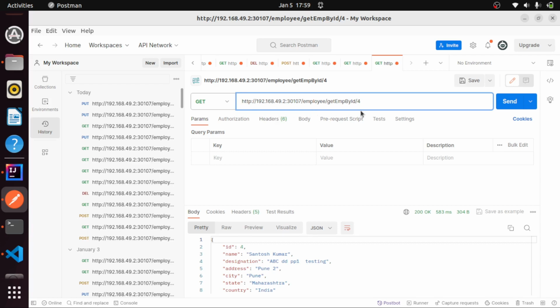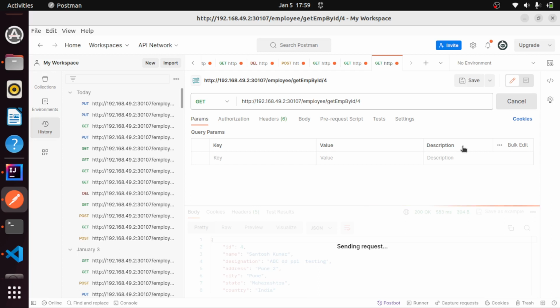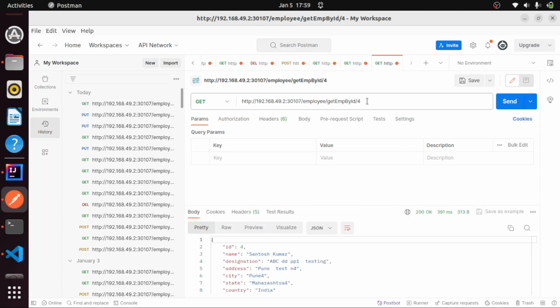Here we will hit the GET URL to get ID 4. So for employee ID 4, we check that Pune and test N4, city F4, Maharashtra F4, it is updated,